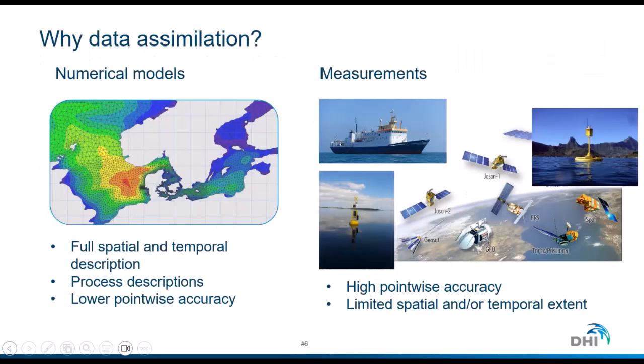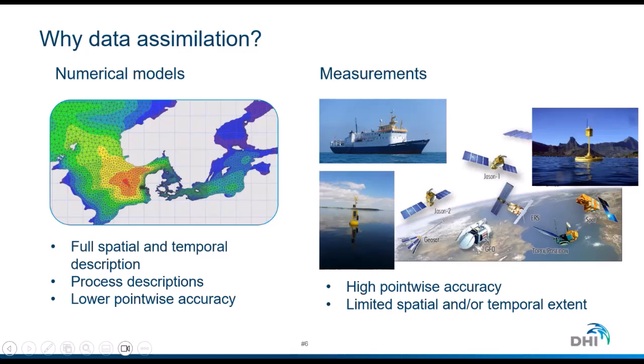So why do we use data assimilation? We use data assimilation to be able to combine the numerical models and the measurements. Model results from these models have a full spatial and temporal description, meaning that we can get information about the environmental status everywhere in our model domain and at all times.